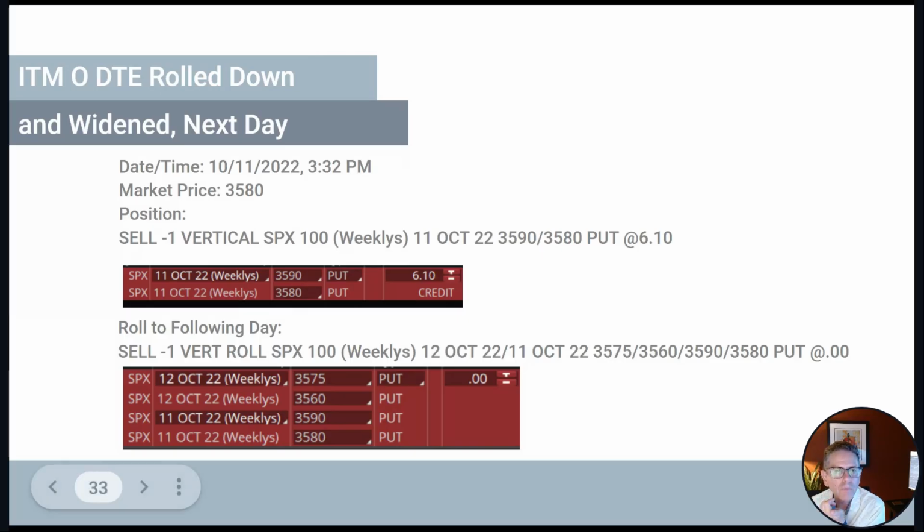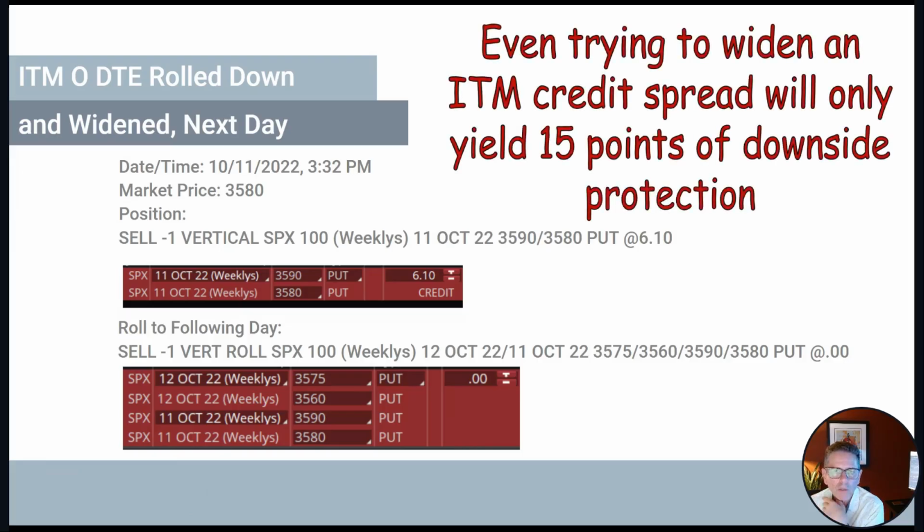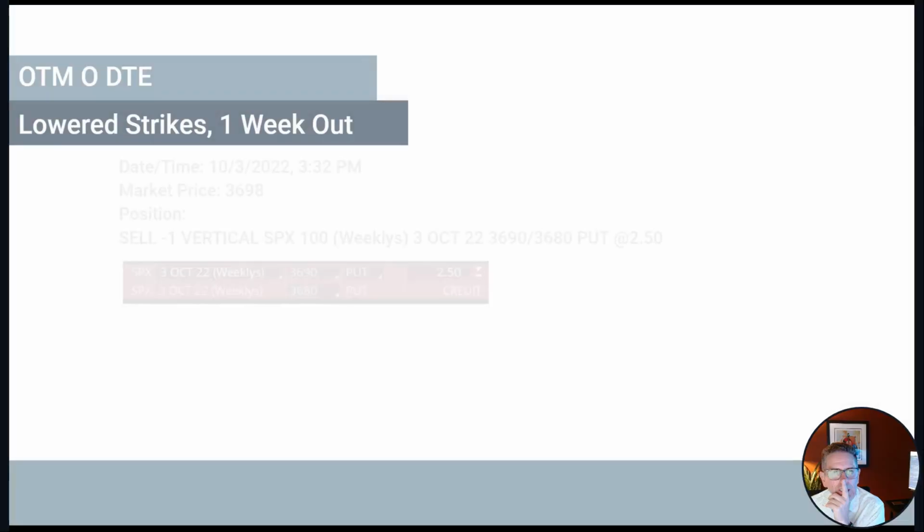Then you're basically 15 points away from the market with a widened spread. Okay, still close to the market, but at least it gives you a little bit of breathing room if you're in the money. All right, out of the money,